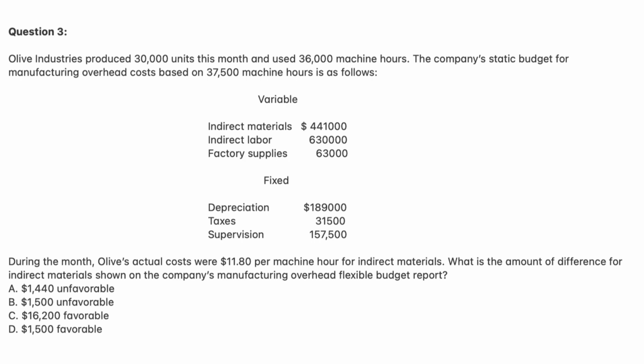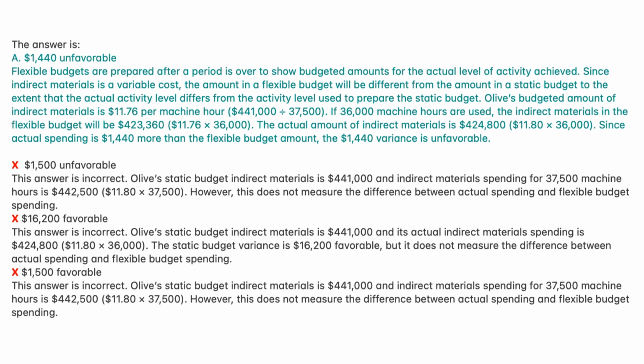What is the amount of difference for indirect materials shown on the company's manufacturing overhead flexible budget report? A. $1,440 unfavorable, B. $1,500 unfavorable, C. $16,200 favorable, D. $1,500 favorable. The answer is A. $1,440 unfavorable. Flexible budgets are prepared after a period is over to show budgeted amounts for the actual level of